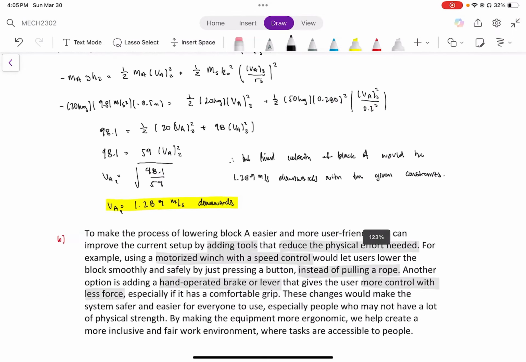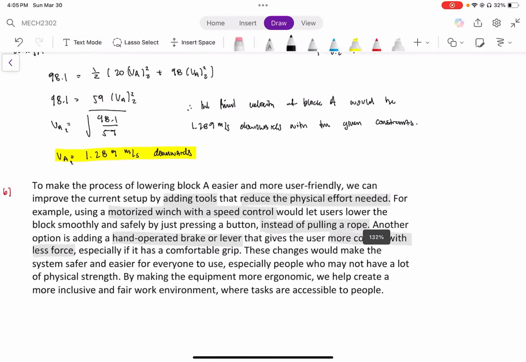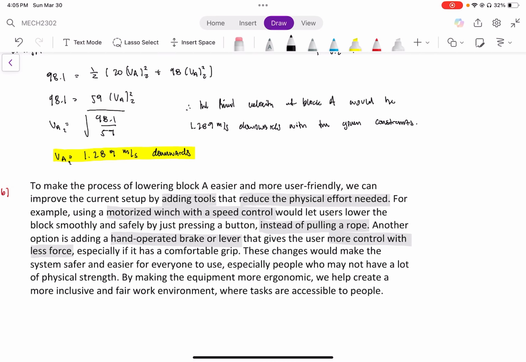So question B is, to make the process of lowering the block A easier and more user-friendly, we can improve the current system by adding tools that reduce the physical effort needed. For example, using a motorized winch or unit with speed control would let users lower the block more smoothly and safely by just pressing a button instead of pulling the rope, which would make it more reliable because it's a more mechanical system, whereas it would decrease human error if we keep it as a human